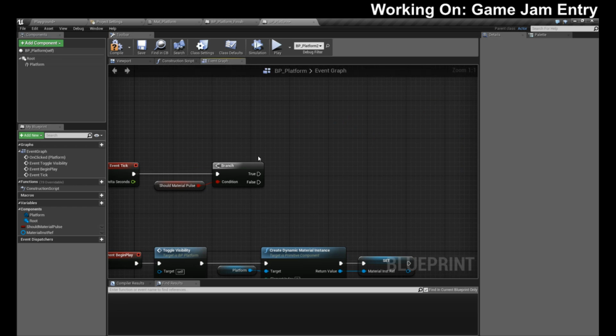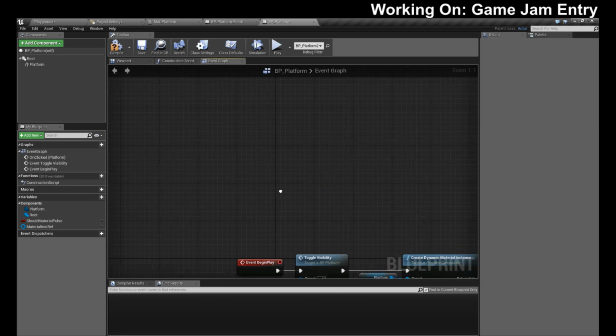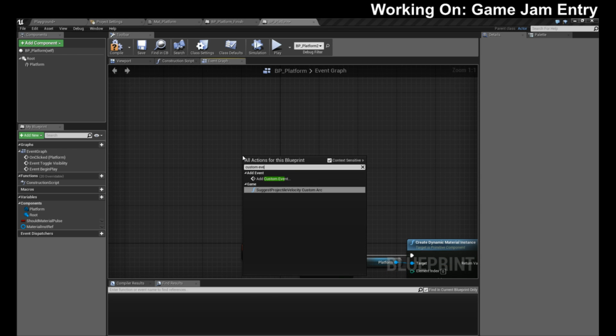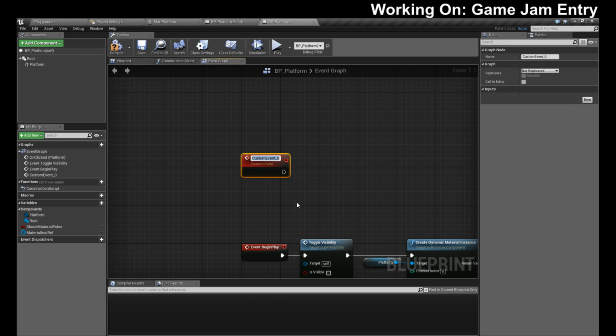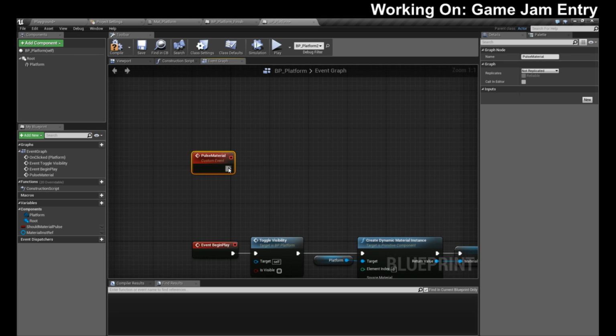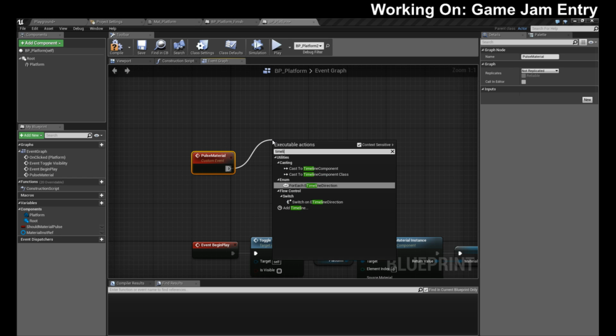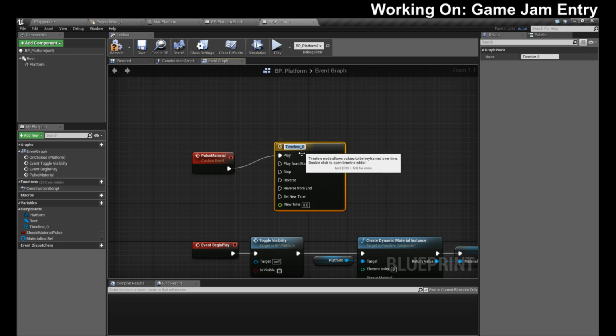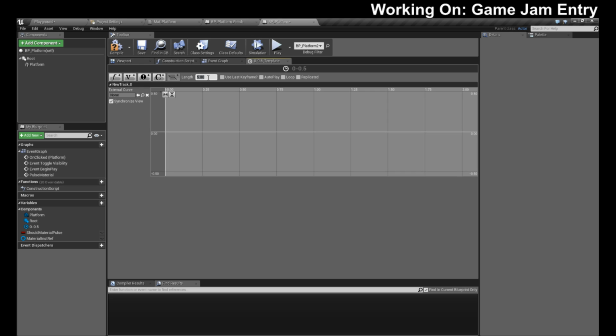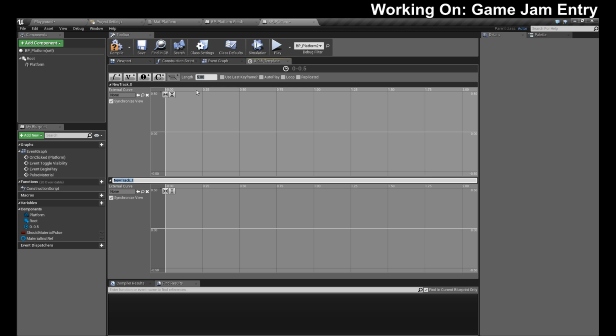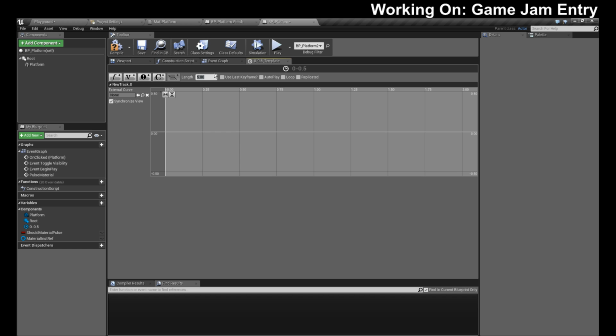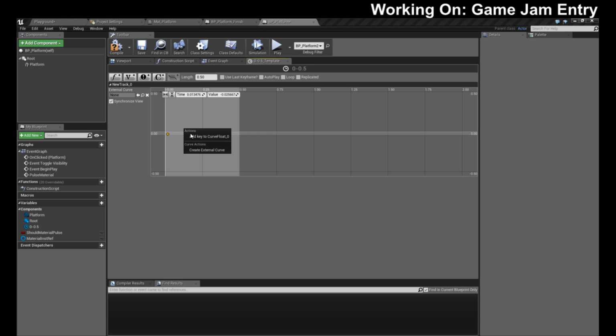You know what? I'm not going to do this on a tick. I'm going to fire this off in a custom event. Let's do a custom event, and we'll call this one pulse material. We'll do a timeline. We'll do a really quick pulse in here, as 0 through 0.5. We're going to add a float track. Length is going to be 0.5. That says 5.0, and that added something I didn't want. There we go. Add 2 keys.